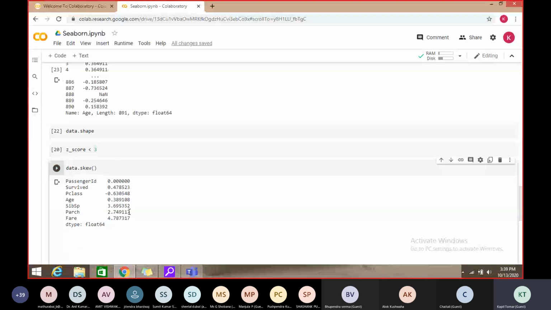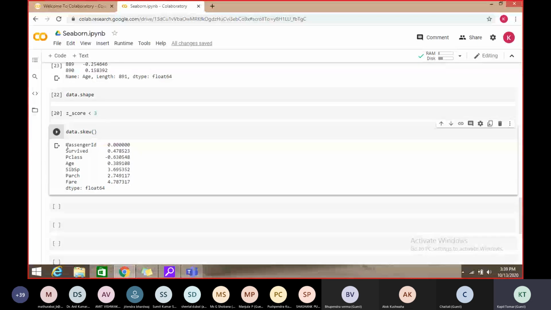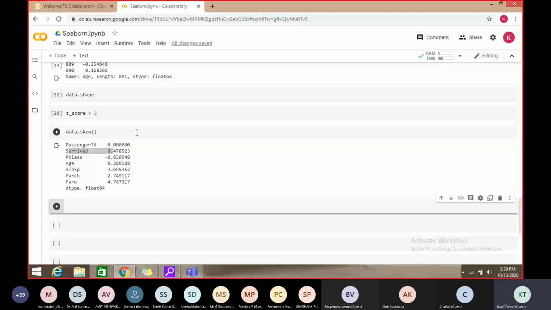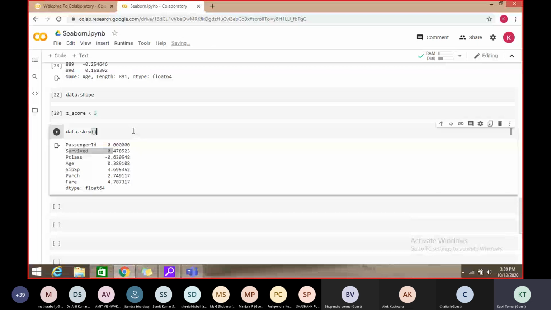So this is the value with respect to each and every column, right? But suppose I don't have a math background, then I'm not able to understand the meaning of these skewed values. Then we can check these values with the help of a graph, so that we can get to know that if this value is 0, then it is symmetrical. And why is it 0?